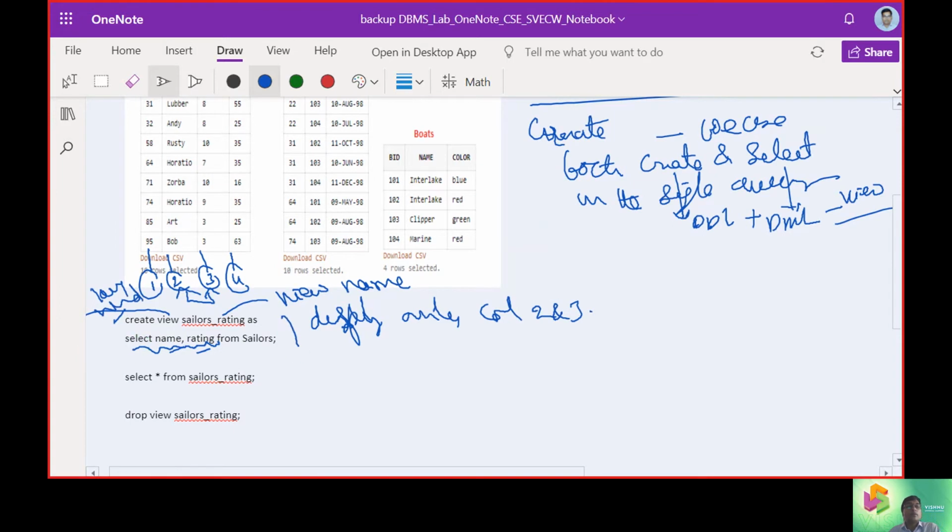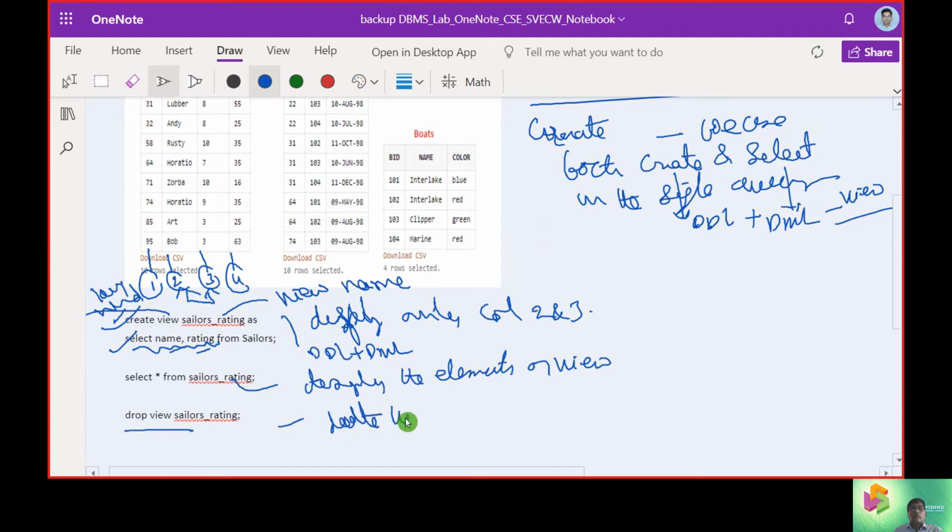So now you can see at this point with the DDL and DML, create and select is part there. Now we are going to display the elements of view, and finally we will delete the view.